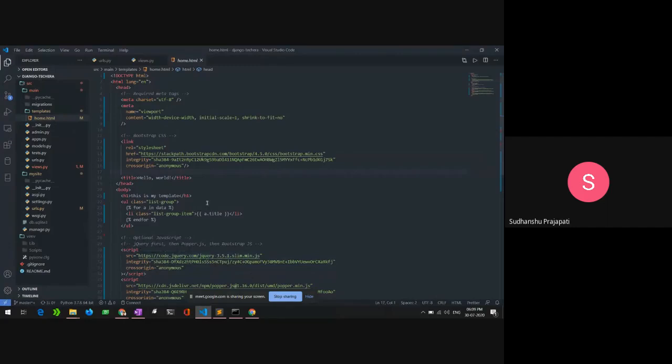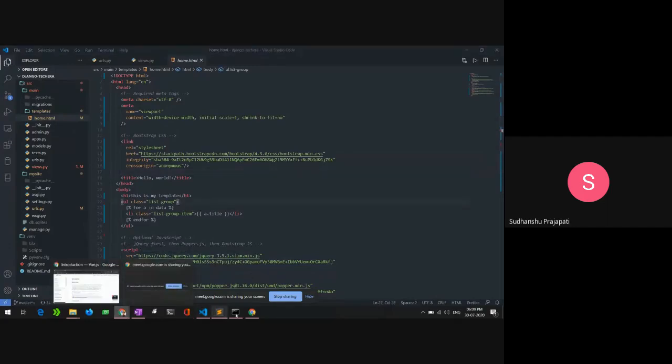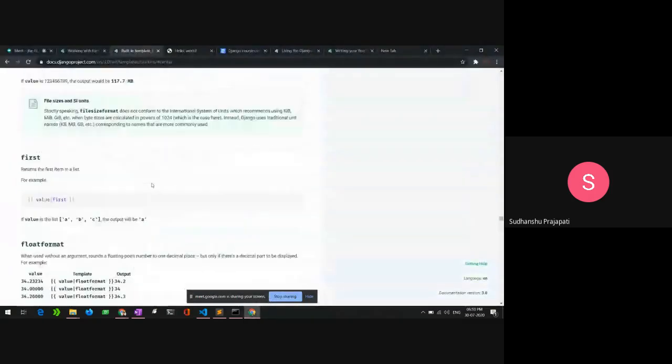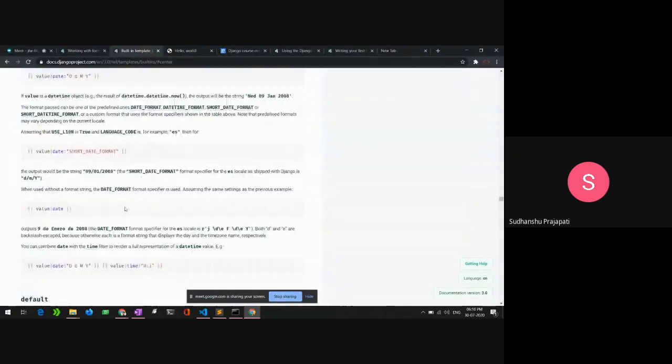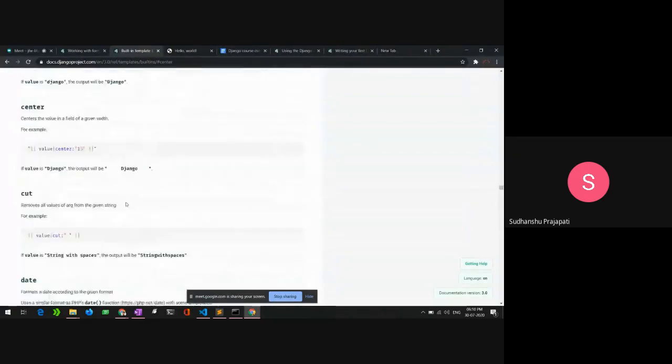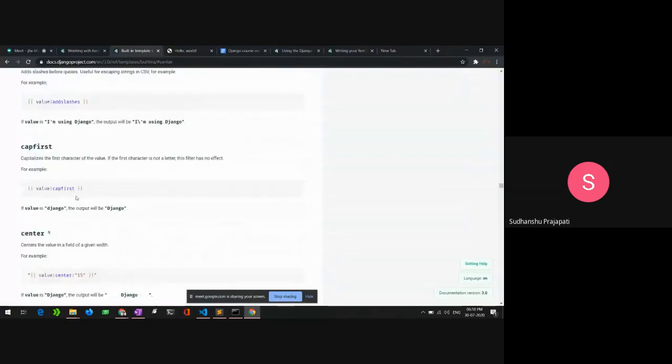Let's use one template tag to illustrate how you can actually use it. I will use the capfirst template tag, which is just a basic template tag, and I don't think you will ever need it, but I'm just illustrating it. You just use that syntax, and that is the value.